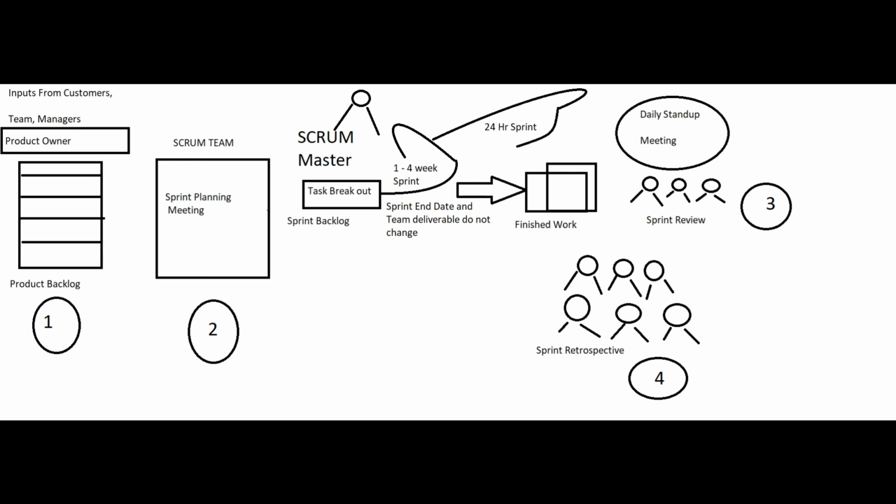In the retrospective meeting we can discuss the following questions. During this retrospective meeting we can include the Scrum Master and product owner as well. What went well during your sprint, what went wrong during your sprint, what we can do in a different way, or what else we can do differently. So these are the three questions we are going to discuss during our